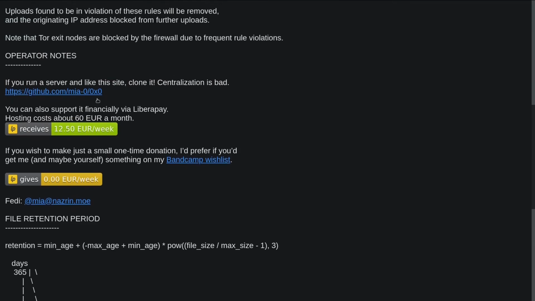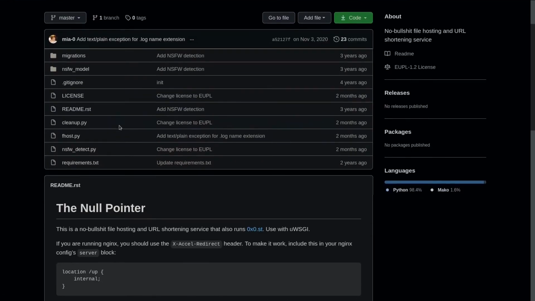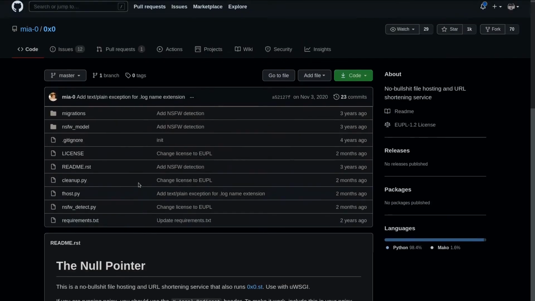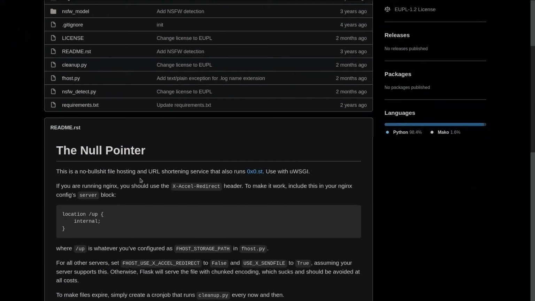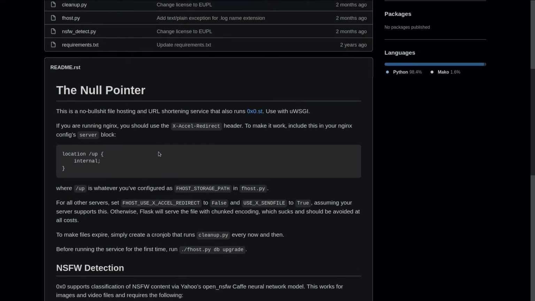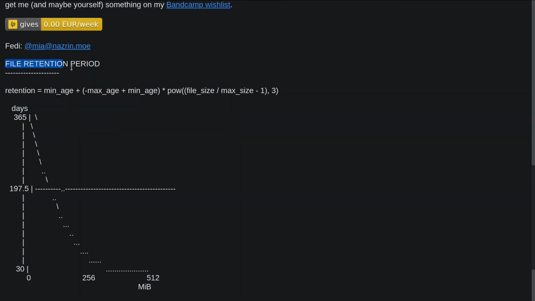But if you are really crazy and you just want to do it, you can just use this program and create your own server, the null pointer server, and then you can do whatever you want to do. There is no restriction, and I am going to do this because this seems pretty cool, so I think I should star the repository.